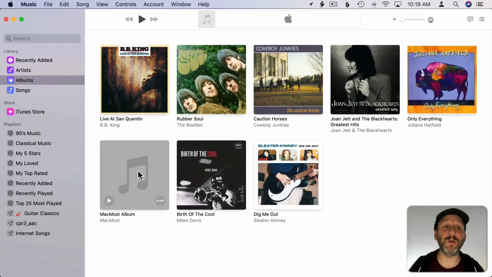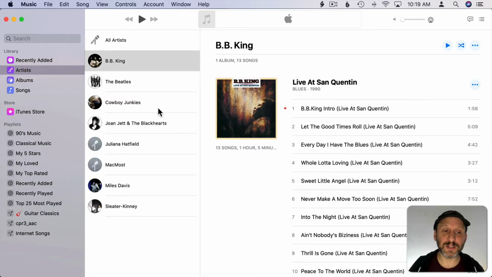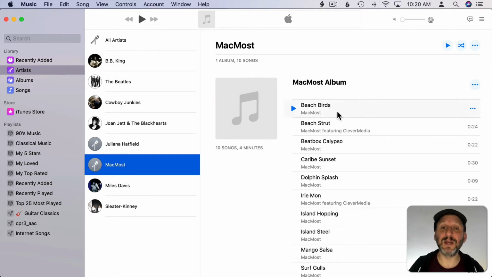It is now an album listed under albums. I go in there and you have all of the songs in there and you have the correct artist name for each one. If you look under artists, you'll see just that one artist that was the album artist listed, and there's the album there. So there's two different ways to group together songs by different artists in a single album.